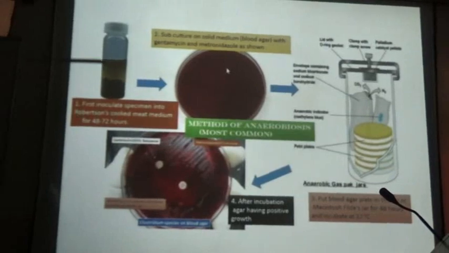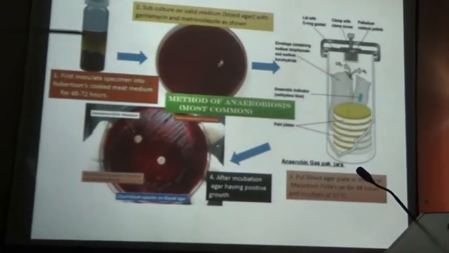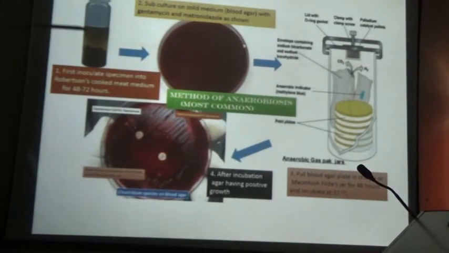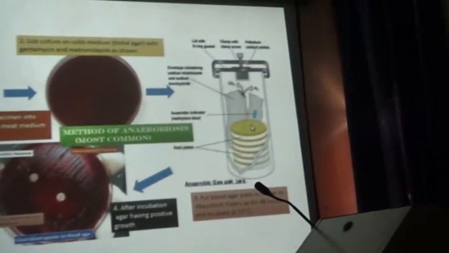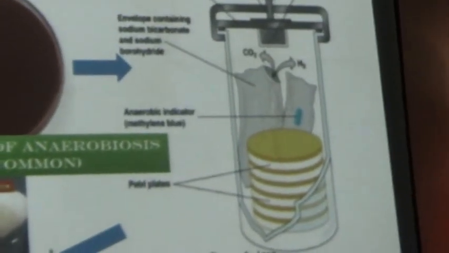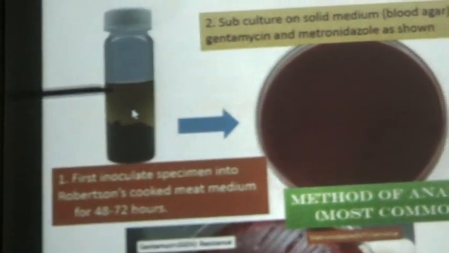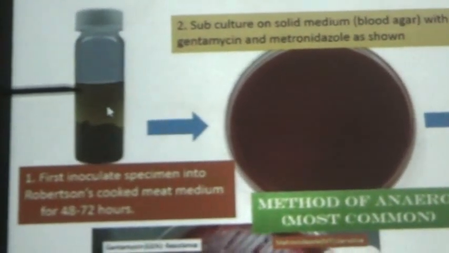The specimen can be directly inoculated on the blood agar plate also. After this, the blood agar plate is incubated in the gas pack jar or in the McIntosh and Fildes' jar. In case the specimen was inoculated in the Robertson's cooked meat medium, it is allowed to grow for about 24 hours,